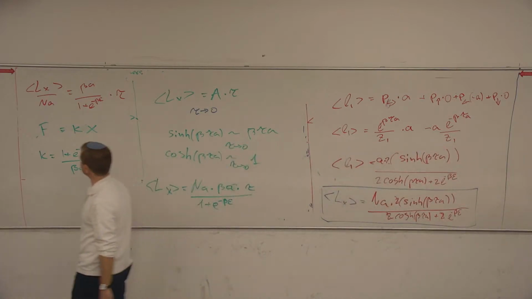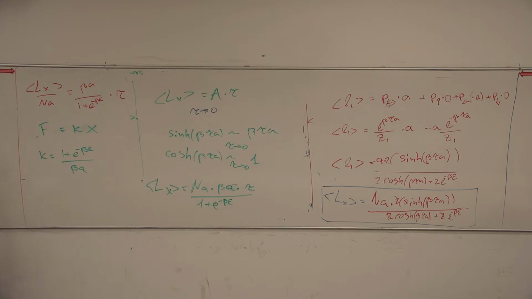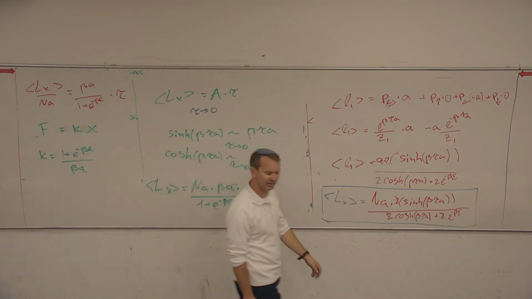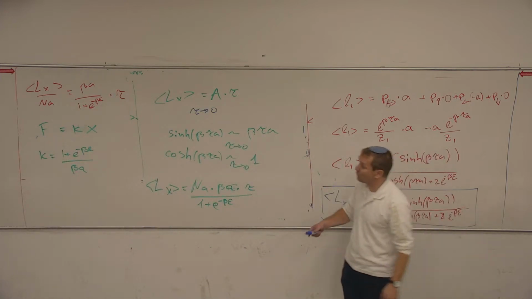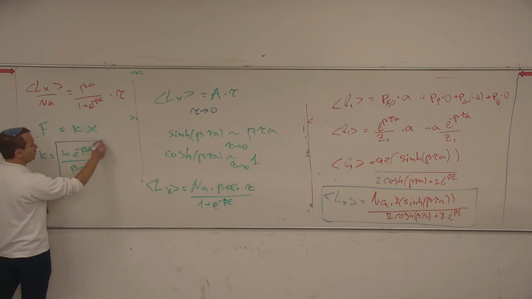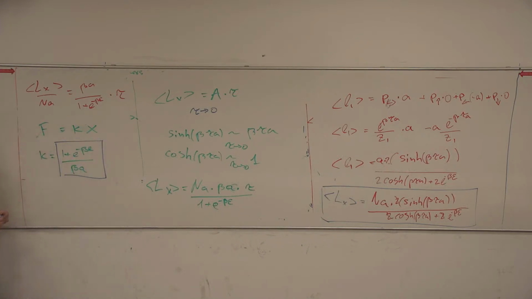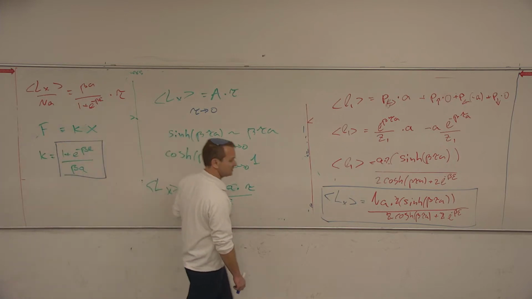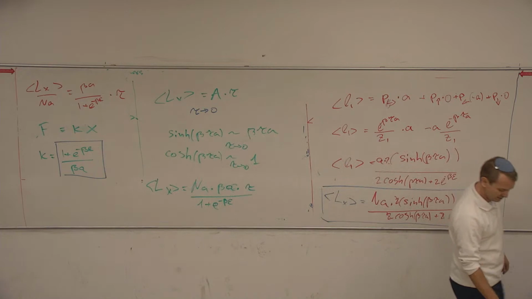Or 1 over the spring constant. Why am I defining NA? Well, first of all, I want to look at a unitless term, and N is not a function of beta, not a function of anything. If you want to put NA here, it doesn't matter. The only thing that depends on the temperature is this, and the only thing that depends on epsilon is this.